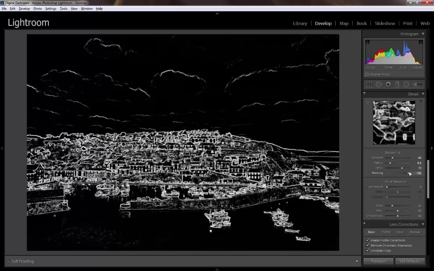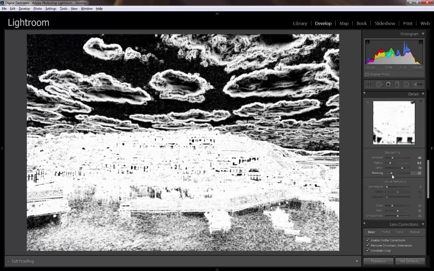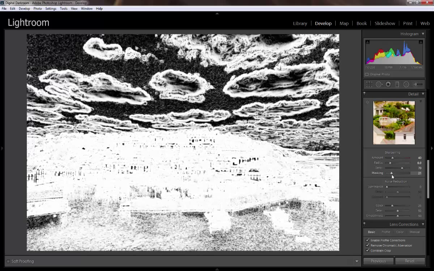Now some people go, okay, we put it at 100 because we want all of this sharpened. Yes, that is correct. You want these big areas here sharpened. But it's only going to be those sort of big edges. It's not going to be all the tiny ones. So actually with a sort of a low frequency image, you need it more to be around about 20